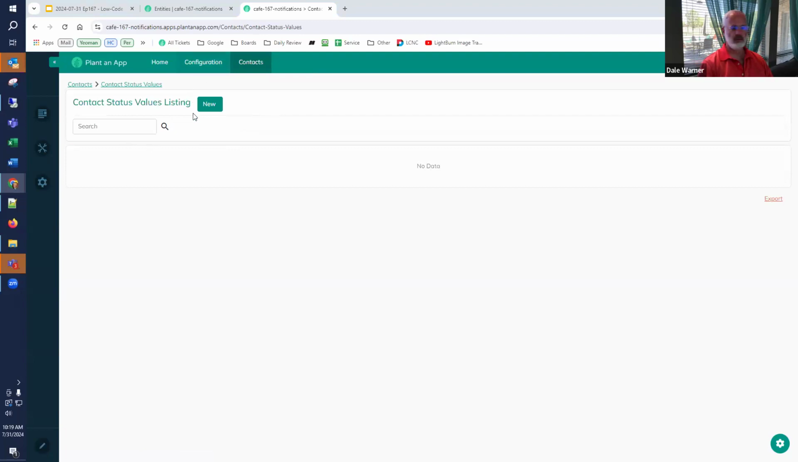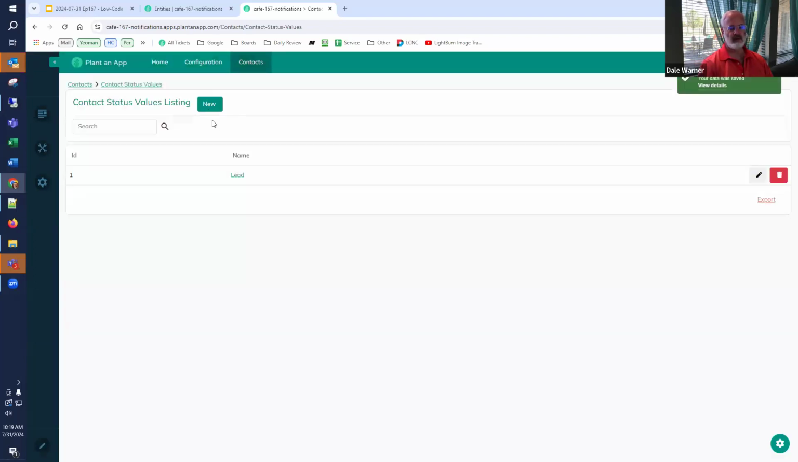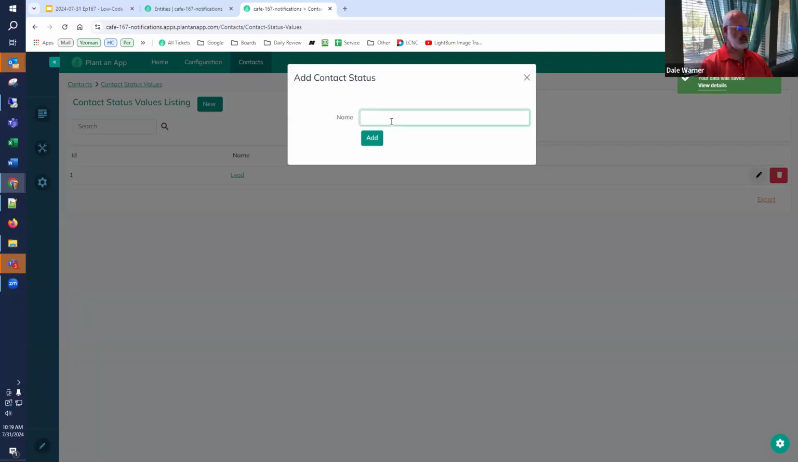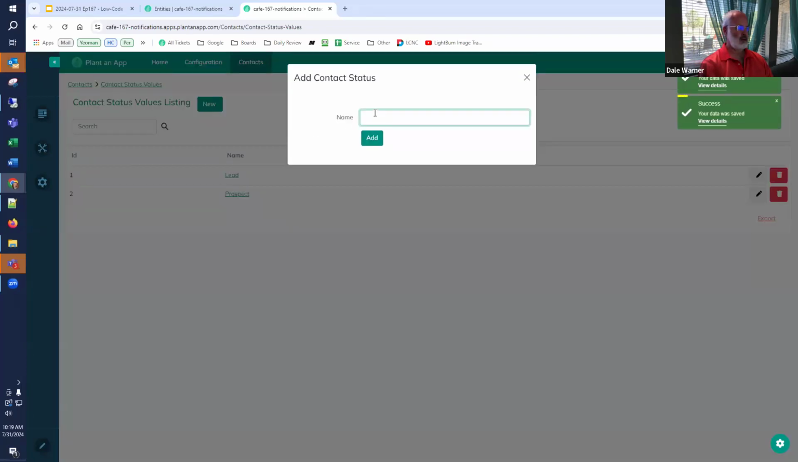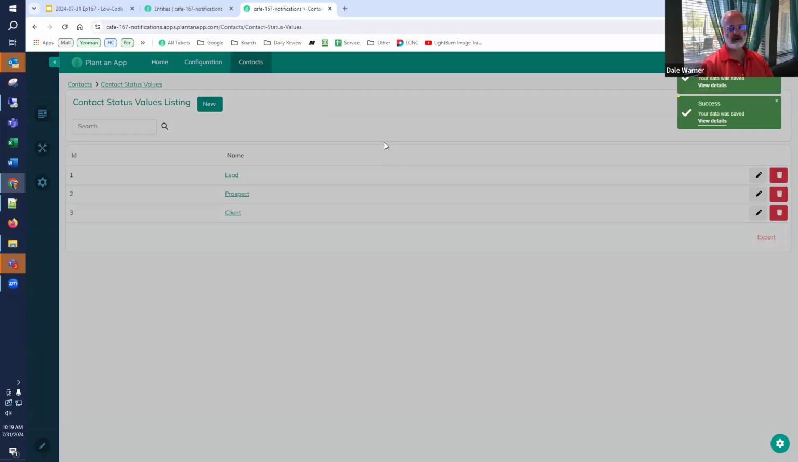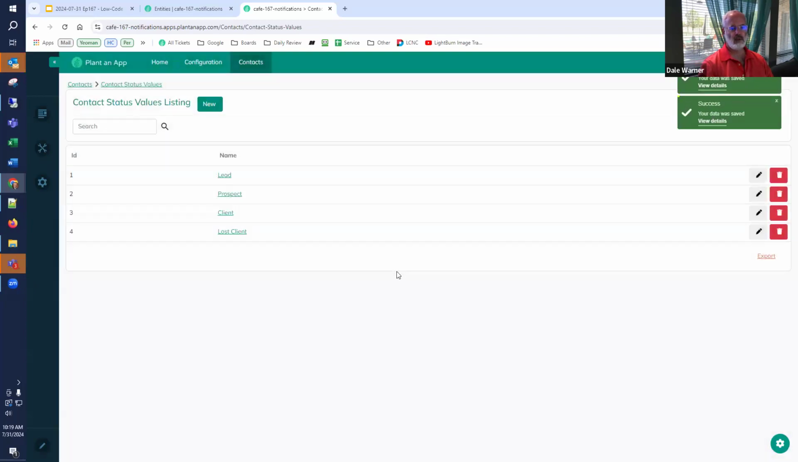And we'll be doing these values. Maybe contacts have statuses like they might be a lead, they might be a prospect. Maybe a lost client. So we have contact status values, and so now